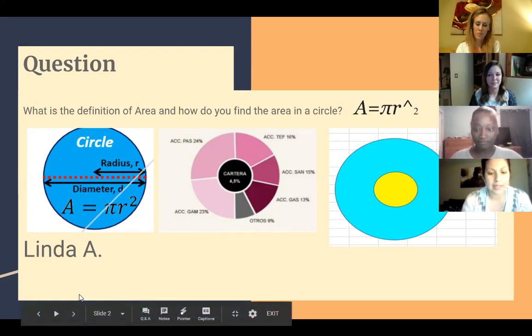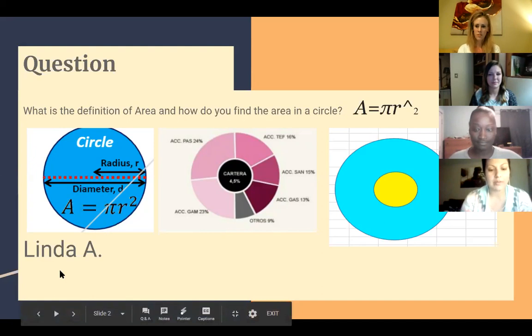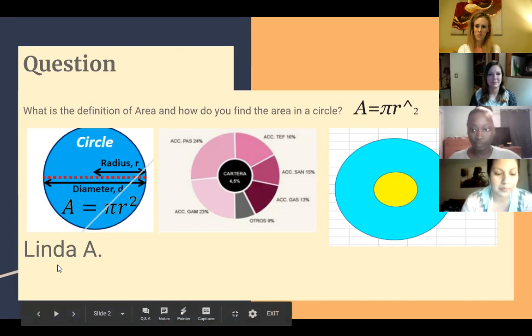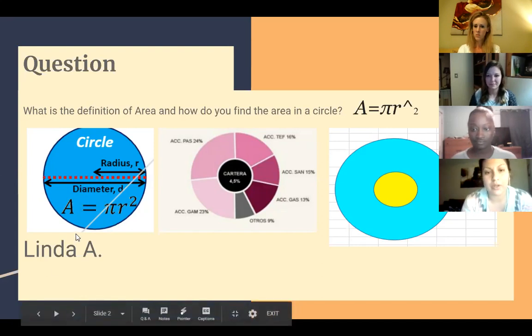And one example that I wanted to use is if the diameter is 10, you would divide 10 by 2 and get 5. You would multiply 5 times 5 and then get 25. And then you will multiply pi, which is 3.14, by 25, and your area would be 78.45. And I used this when I was trying to get the area for our Terra graph,